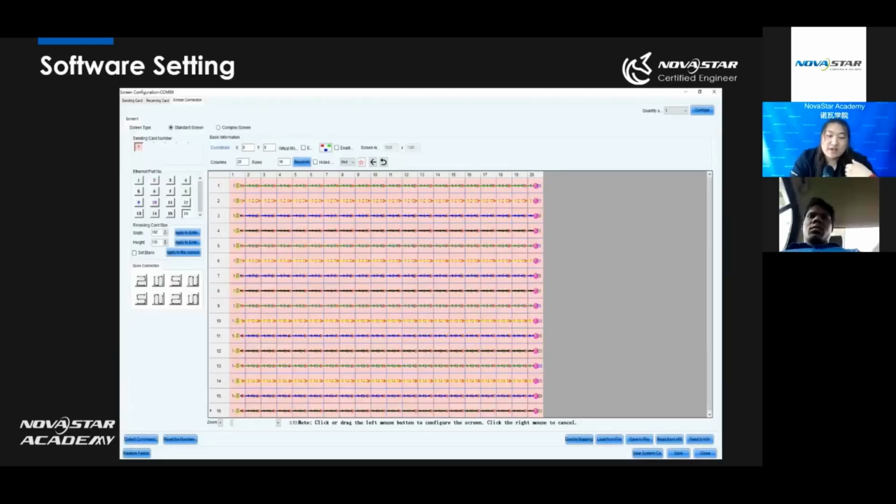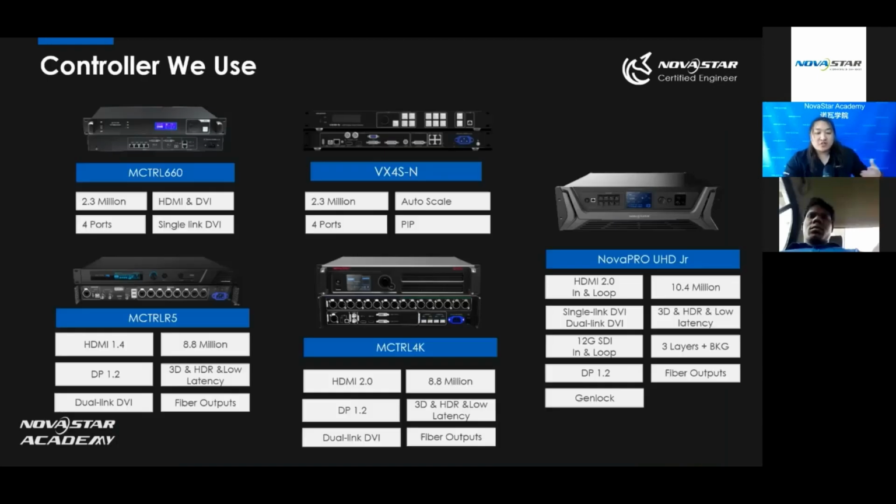And also, what do we have to do in the software settings? Exactly, yes, we have to do the screen connection. And then you just need to choose the different port here. That's enough. All right. From those examples, we could say for the real 4K screen, we could have those kinds of